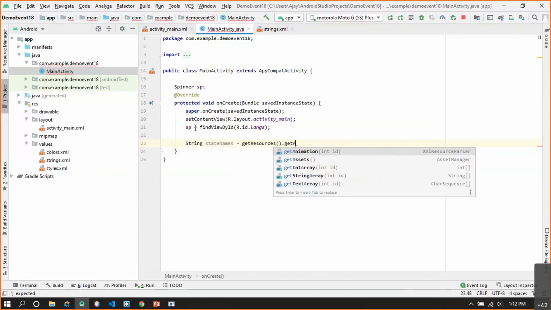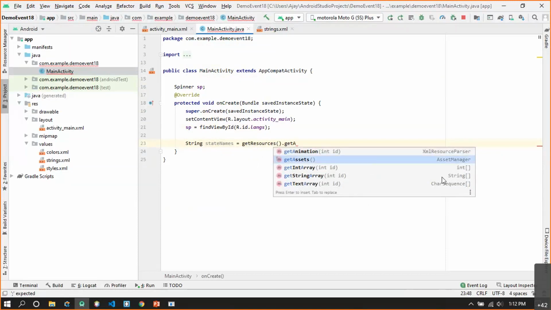As you can see, when I write get A, there are three methods available: getIntArray, getStringArray, getTextArray. We can go for either the string array or the text array. But if you observe carefully, getTextArray will return an array of type CharSequence, but since we have an array of type strings, we will go with getStringArray.